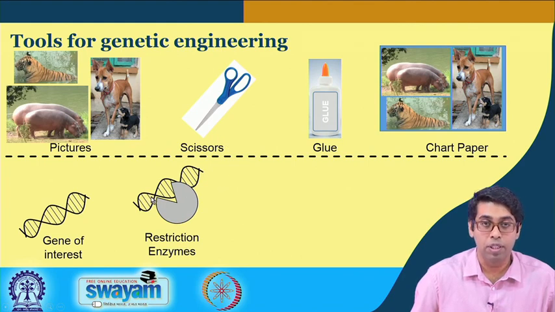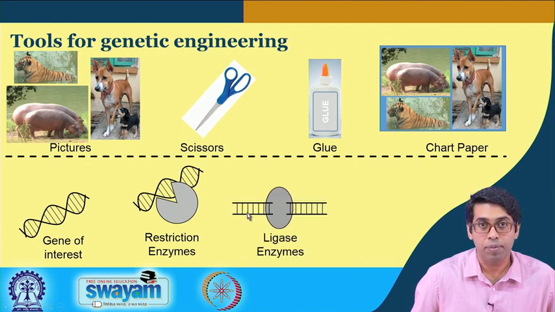DNA is very small, which means that you cannot use anything mechanical to cut it in a very precise manner. So, we have to use a molecular scissor, and they recognize particular sequences where they will cut. Accordingly, for the sequence that you want to cut, you will have to use a particular type of restriction enzyme. There are many restriction enzymes, and you can choose which type of sequence you want to cut.